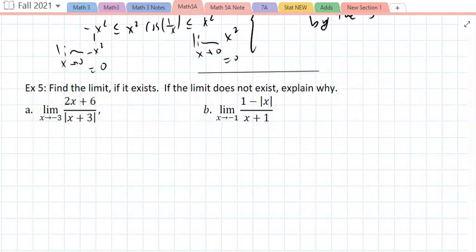Absolute value is a bit tricky. Well, let's make sure we get that. Find the limit if it exists. If the limit does not exist, explain why. Alright, so absolute value, remember, absolute value of A,